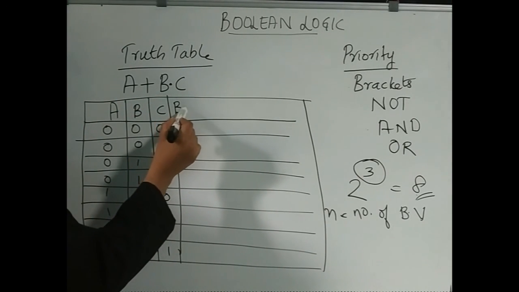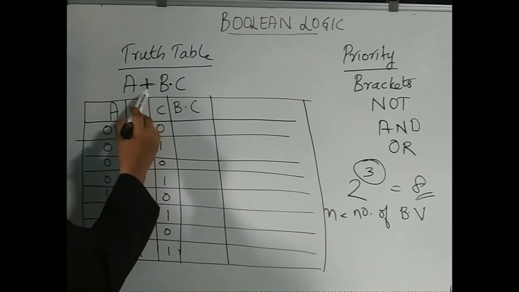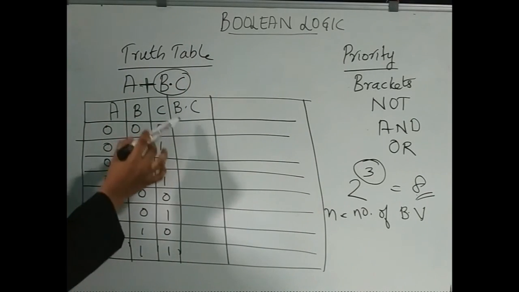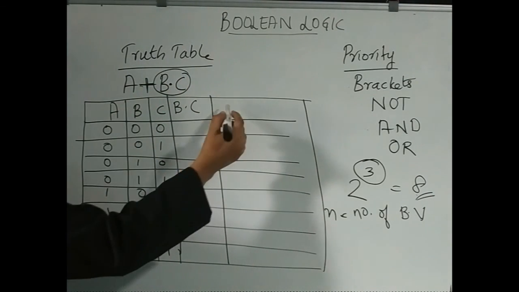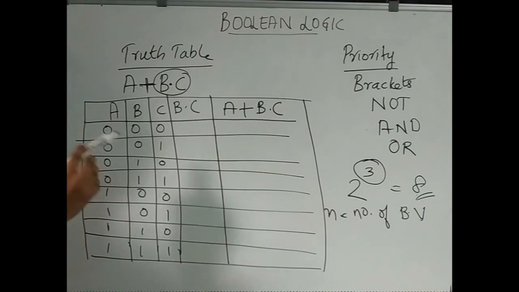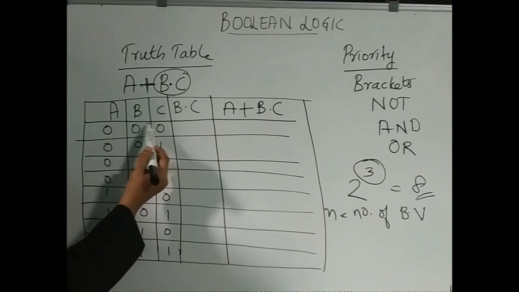So we have to write that. Then let us see whether there are any other AND operations. No. Then let us come to OR. Yes, OR. This will be considered as a term because we have found a column for this also. Next we write A OR BC. A we already have, and BC we will write. So the final output will be A OR BC. Let us check how to find BC. For B and C we perform AND.